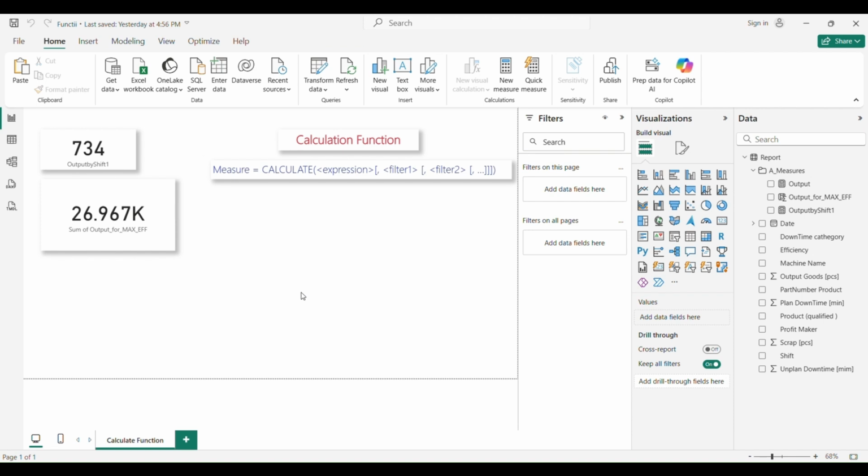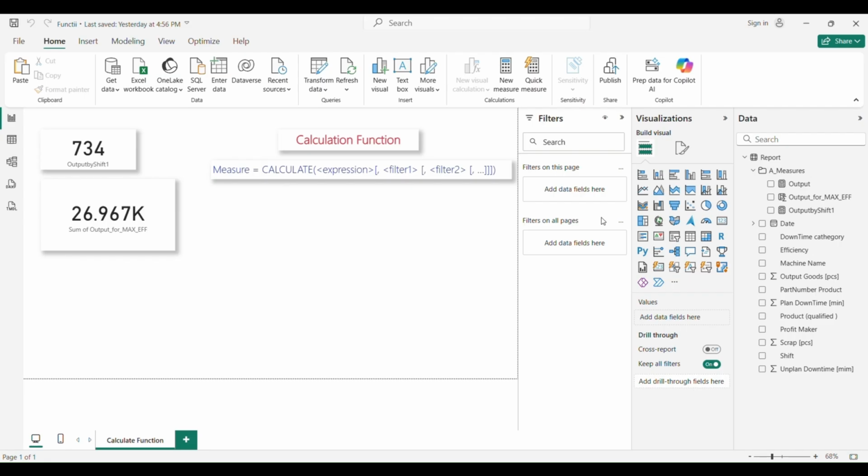Now I would like to introduce you a few operators like and, or, so that you know that you can use it if you need it in some scenarios where you want to analyze your data.